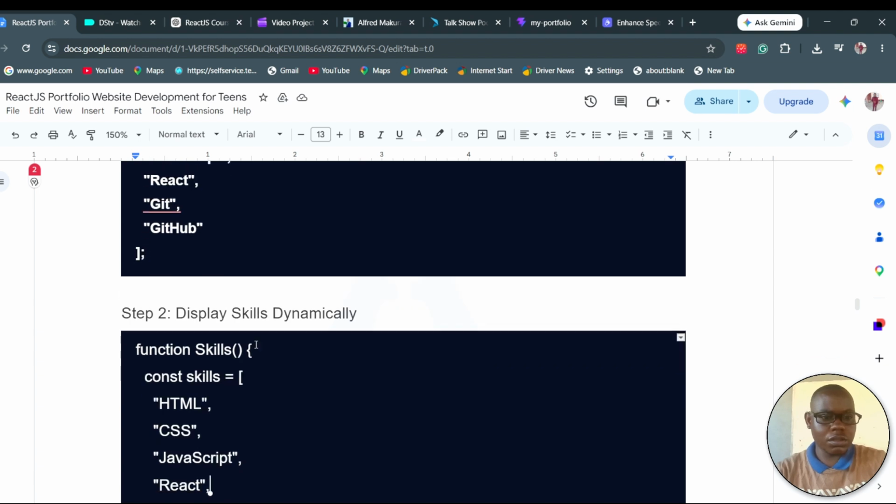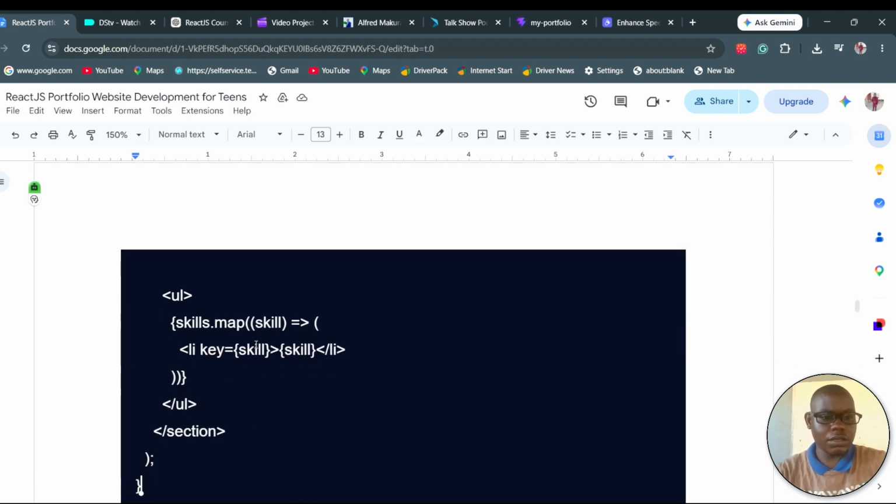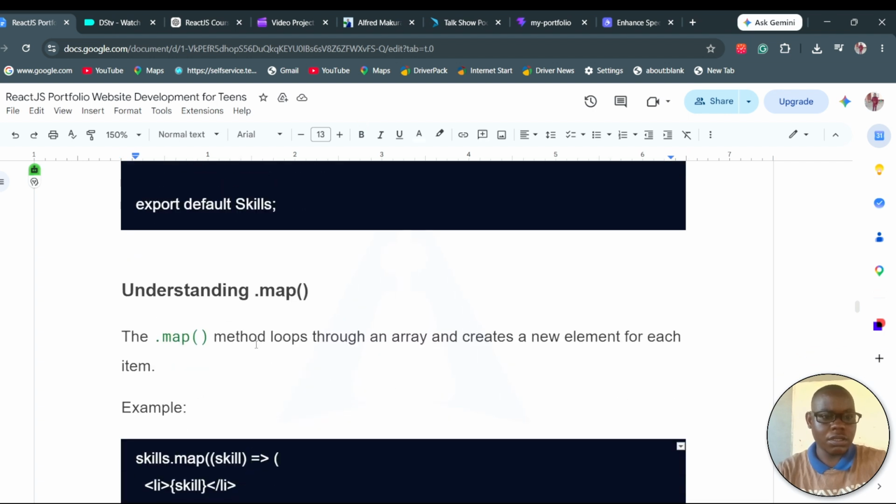We must display skills dynamically, because if we don't display them dynamically, the skills are the ones